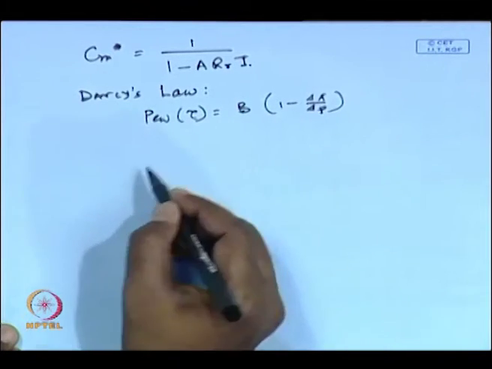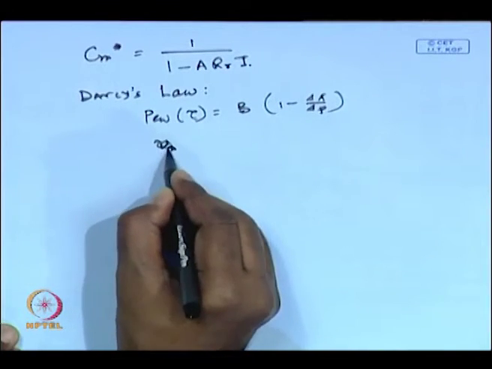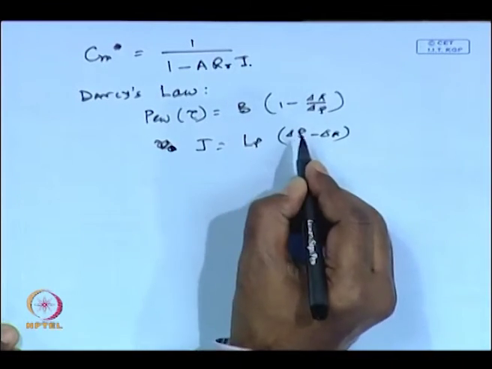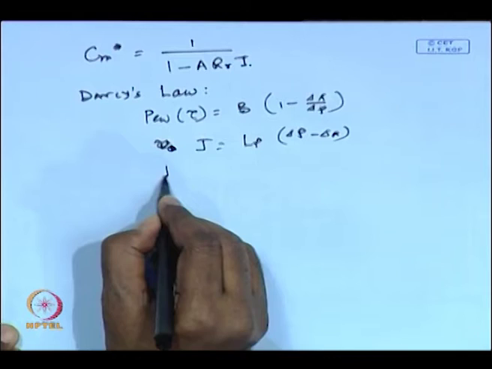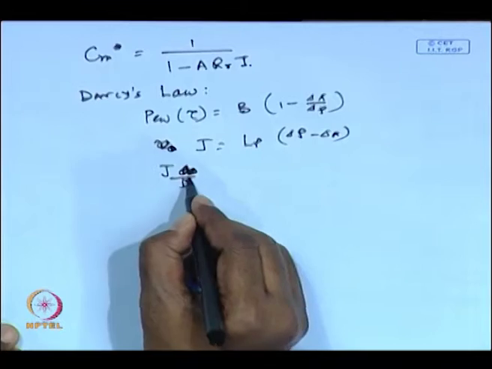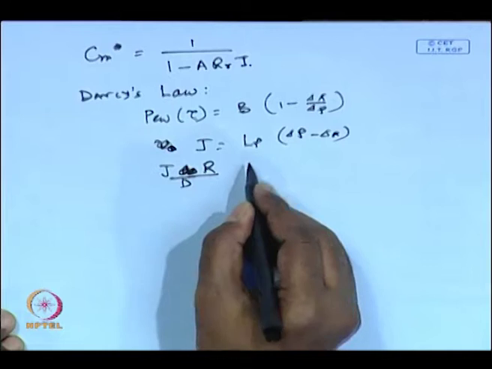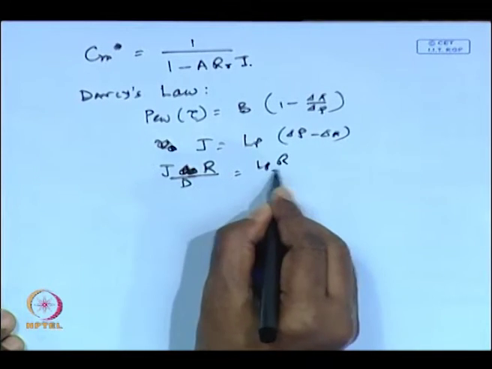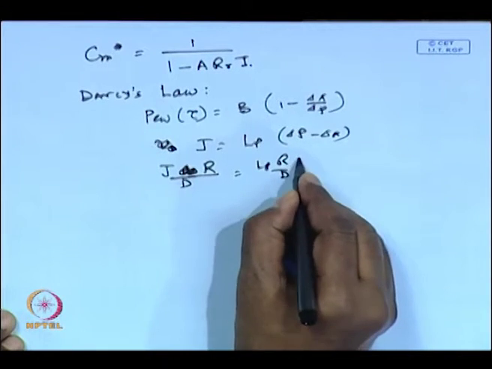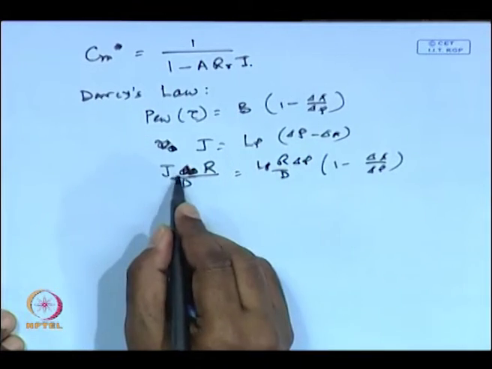If you forget, I can do a couple of steps and you can refresh your memory. Darcy's law was nothing but J equals Lp times delta P minus delta pi, and you just make it non-dimensional, J d by D. In this case, the length scale will be nothing but the radius of the cell, because it is the unstirred batch cell. It is a cylindrical cell with inner radius r, let us say. So Lp r by D makes it non-dimensional. Take delta P out, and this becomes delta pi by delta P. So, what is J r by D?